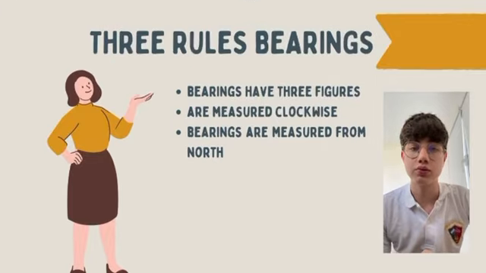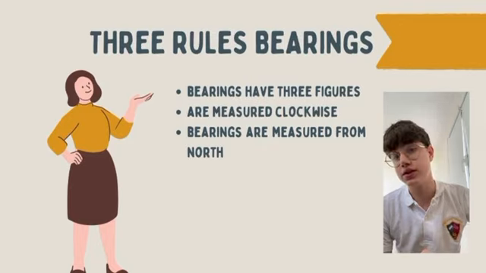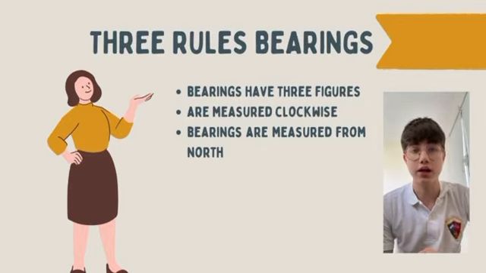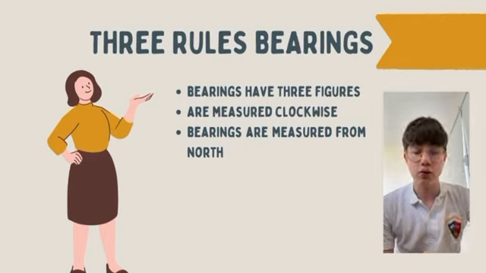Then we have the three rules of bearings. The first one is that the bearing has three figures. This means that if you are, for example, facing east, that is 90 degrees. You don't write 90 degrees, you have to write 090 degrees, because a bearing always has three figures. Then, the bearing is always measured clockwise, and the last one is that the bearing is only measured from the